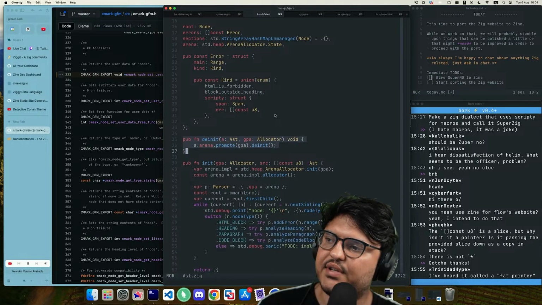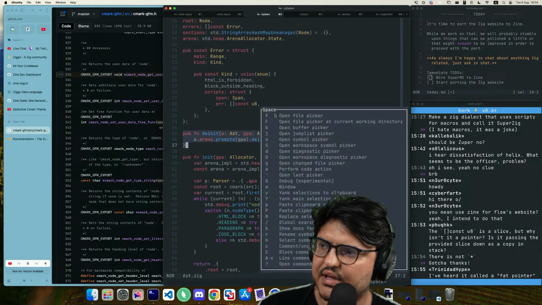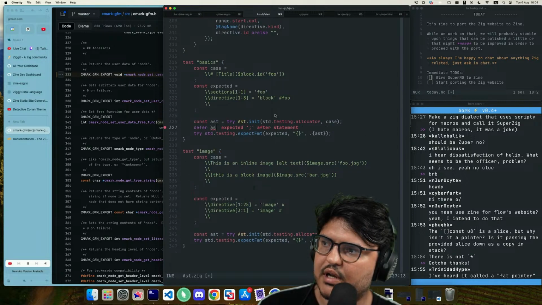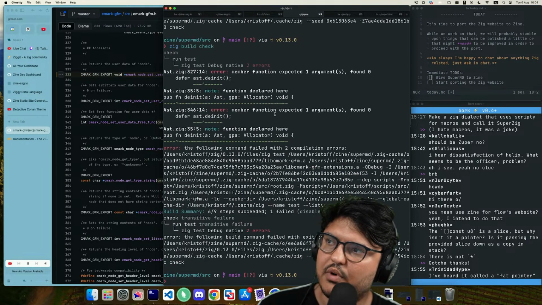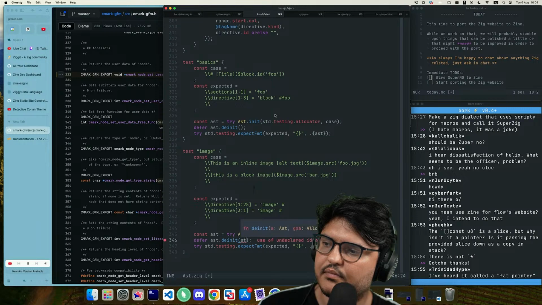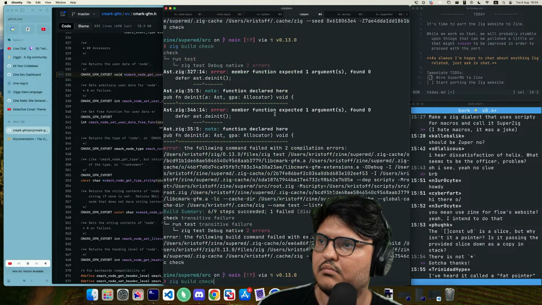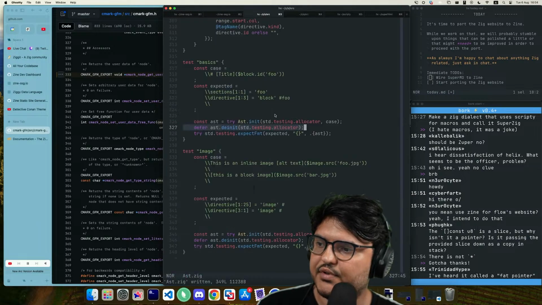Okay, so the deinit on the AST should be what works. Maybe let's comment out the deinit here because it's kind of misleading right now. It doesn't really work. So in theory, we do defer ast.deinit, and we should stop failing our tests. Well, once it works. Okay, nice, works. We just spam.